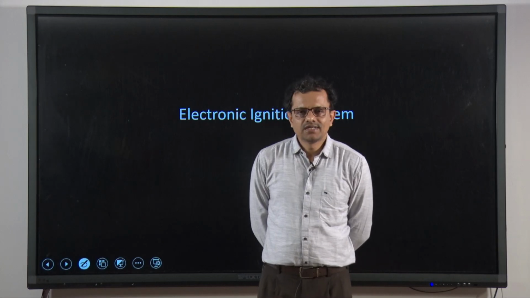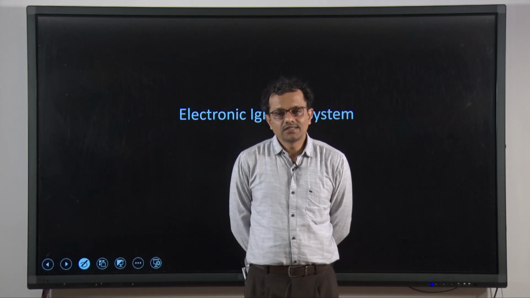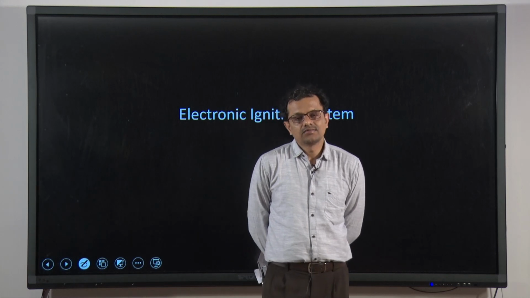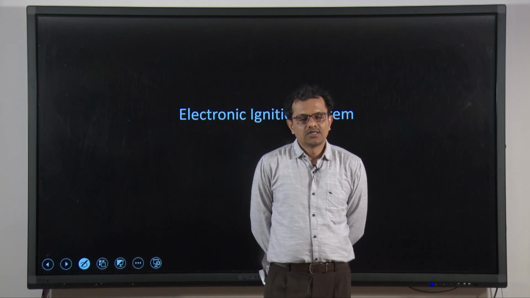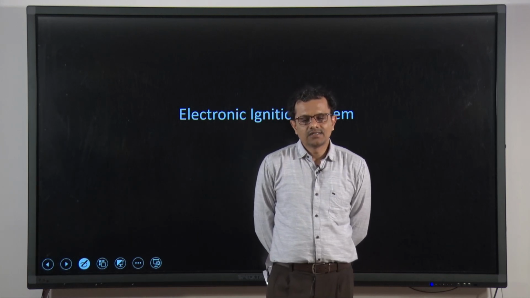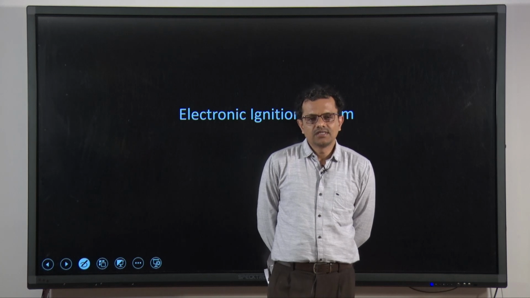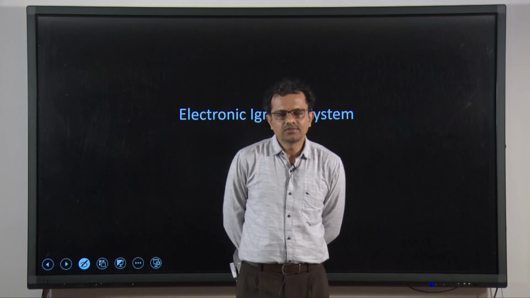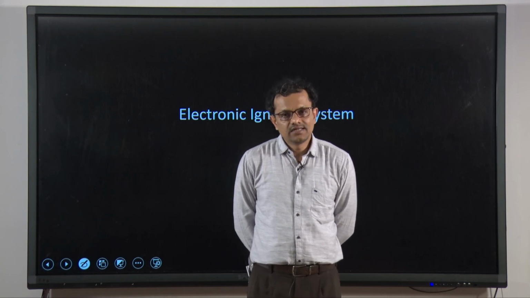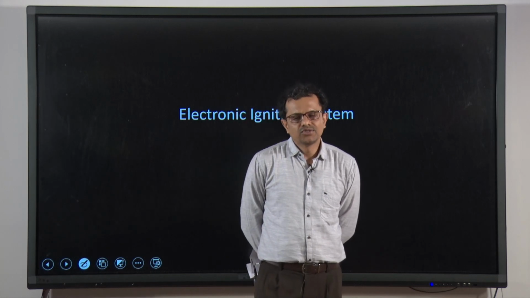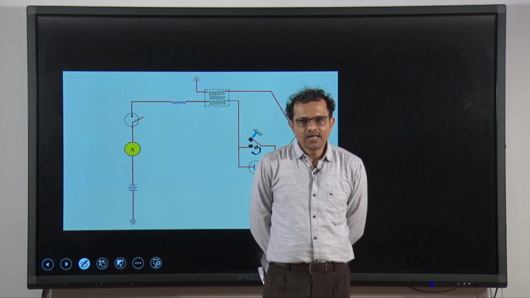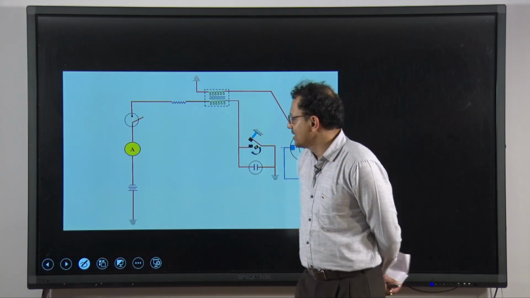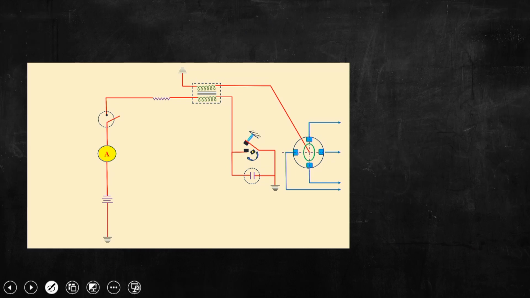And before going to discuss about this particular topic, that is electronic ignition system, let us first recall the conventional or battery ignition circuit which was used to produce energy to produce spark. So, if we look at the block diagram or schematic depiction of the ignition coil, that is battery ignition coil, we can see there are several